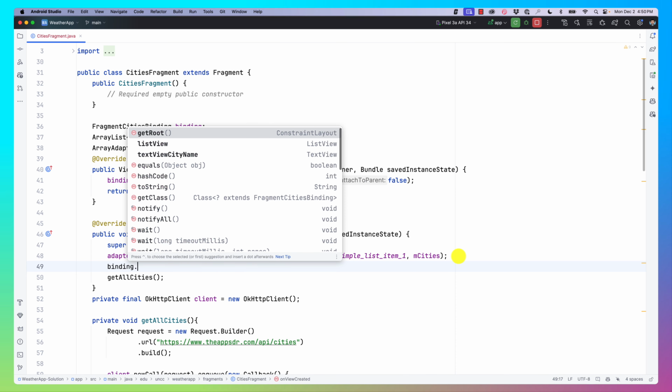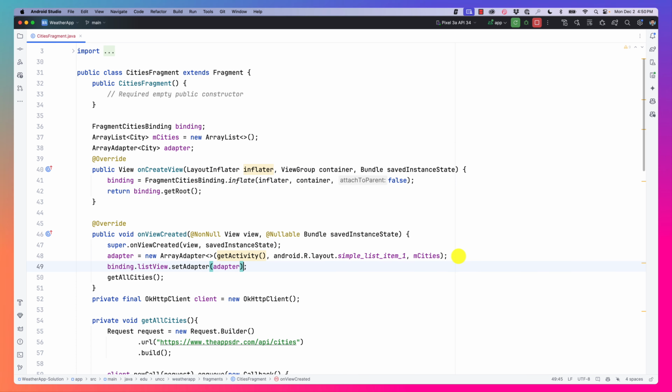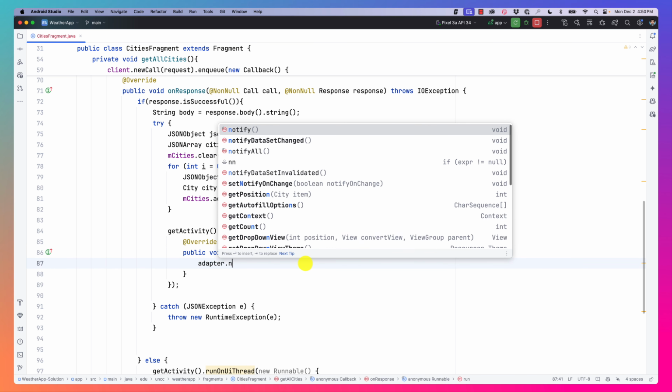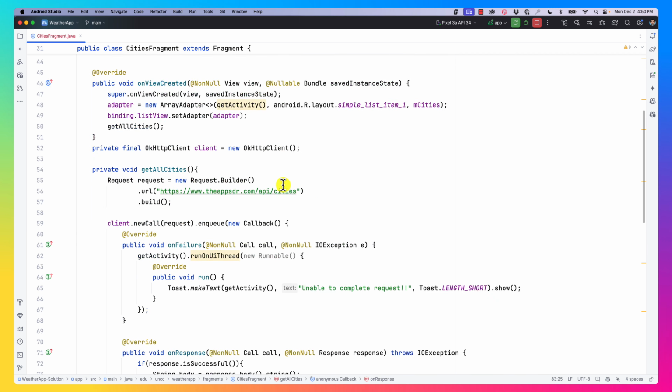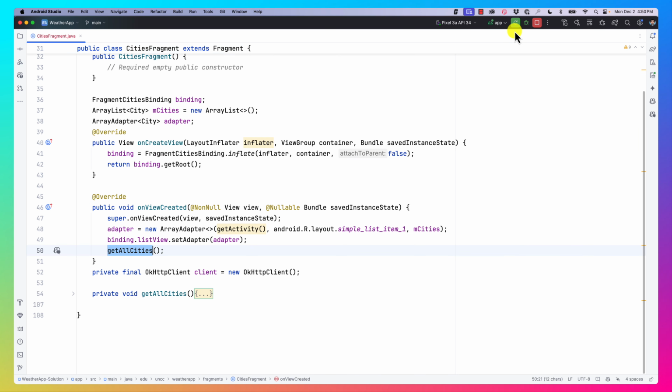binding dot list view dot set adapter to adapter. Right, so basically here we need to notify the adapter that has changed. So basically adapter dot notify data set changed. Notice that I do that, I need to make sure that this is running on a UI thread, right? All right, and I'm calling get cities. I'm going to get cities here. Okay, so now if I run this,